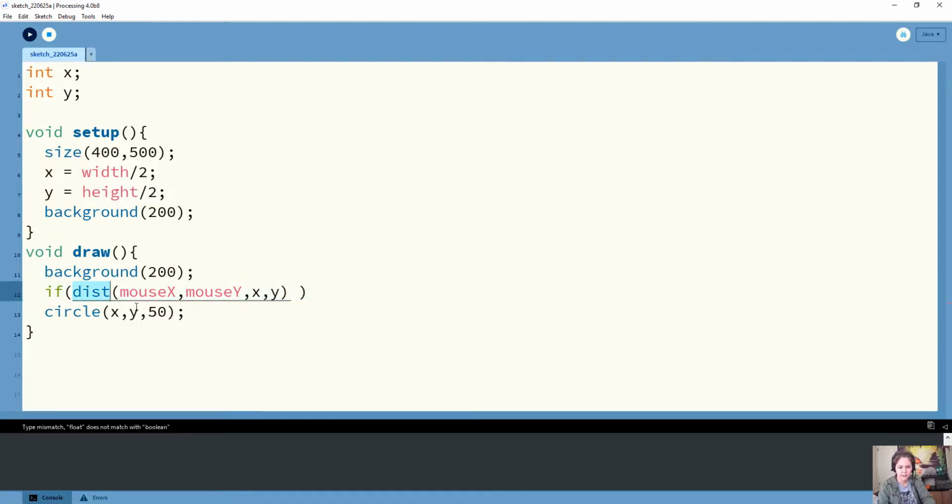So this dist, and then open parentheses, mouse x, mouse y, x, y, close parentheses, is going to return the distance between these two points on the screen. And so it's going to be a positive number. It's going to calculate the distance between them, and we are going to check if the distance is less than